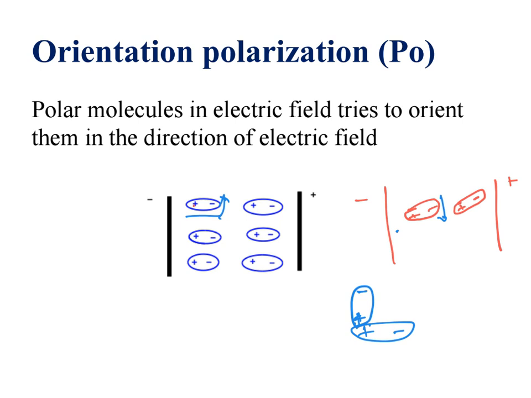So this is always aligned to the negative plate and this is the positive plate. So here, if you look at here, now instead of thermal agitation, it will get energy to orient in this direction. Instead of a static position, it will always move in this direction. As a result, it will occupy a mean of these two. That means instead of this position, the molecules are oriented in this fashion such that